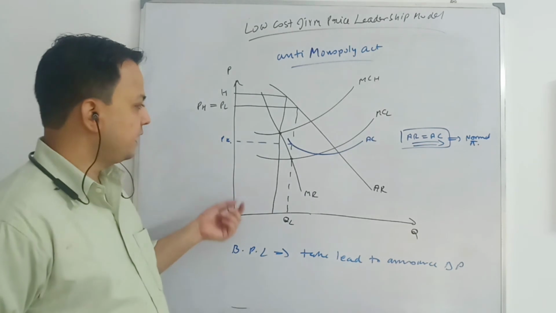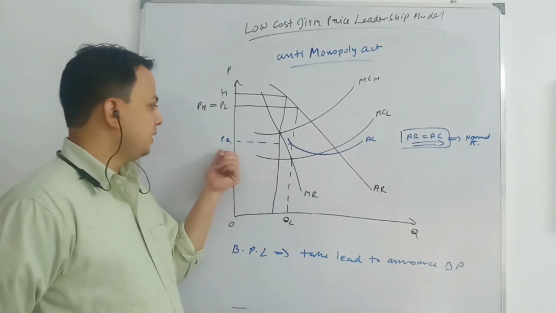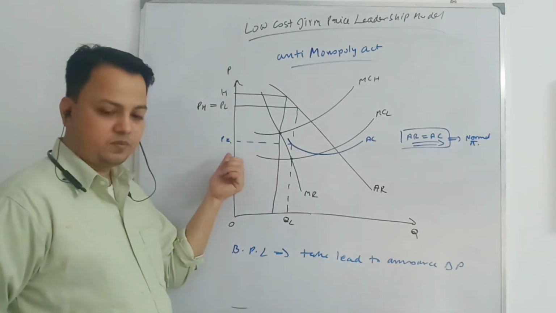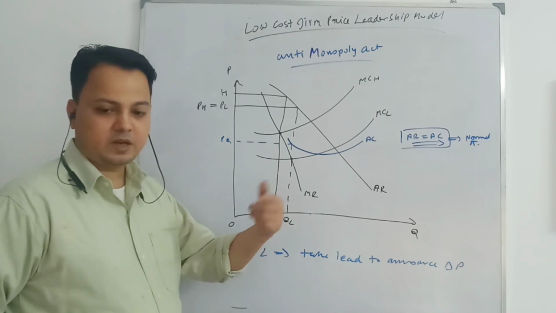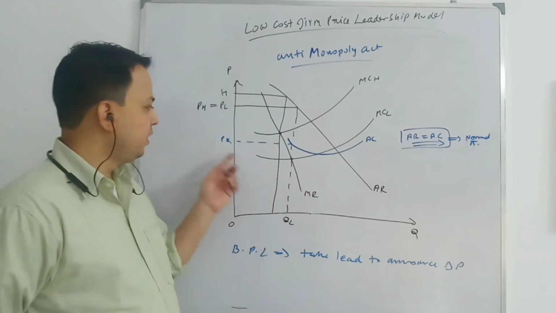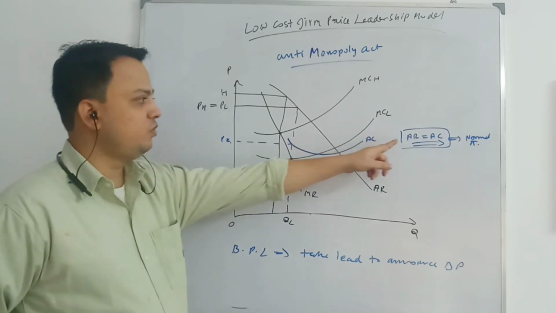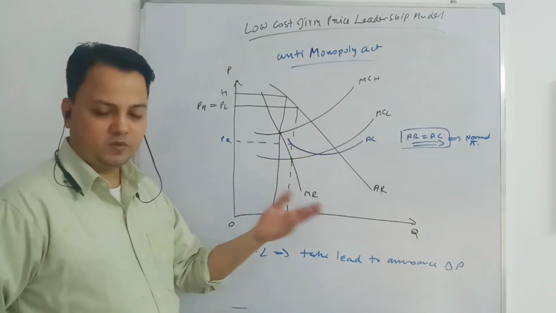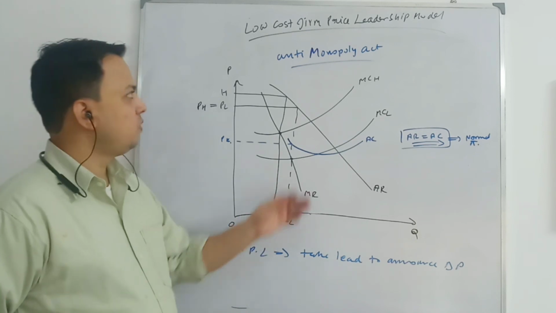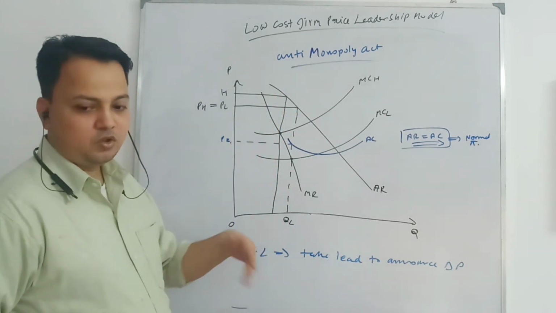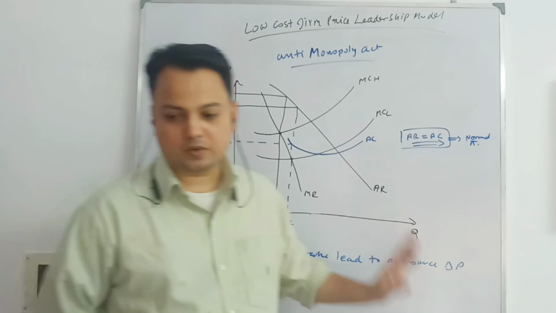The second thing I am saying is that this low cost firm can drive its competitor that has high cost out of the market by charging the price where average revenue equals average cost, earning only normal profit, but it is not doing so. Why? Because it may attract government intervention. So they are not going to do that.